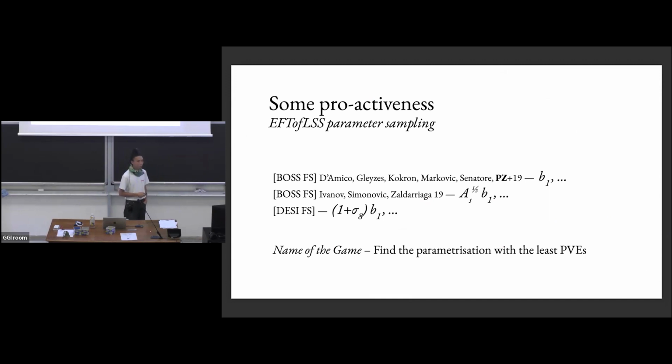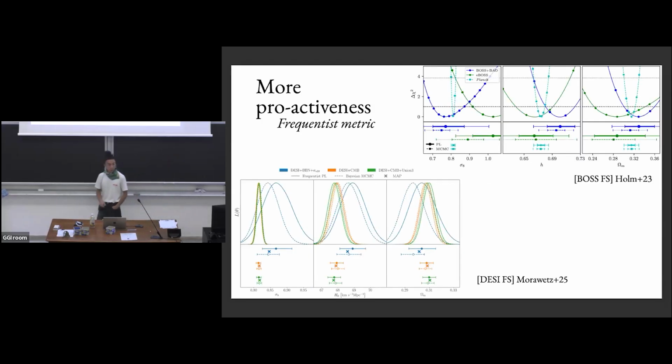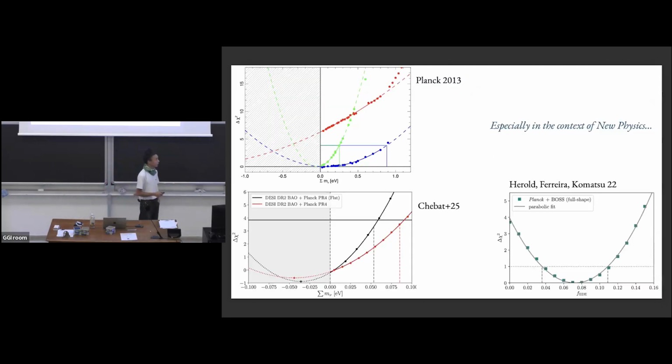Some have tried to put some educated guess on a parameterization that minimizes the prior volume. Okay, and this is fine. So it seems that if we choose wisely a parameterization, we can minimize those effects. Some others have looked at frequentist metrics. So these are diagnoses of the BOSS and DESI full shape using alternative profile likelihood constructions with their respective confidence interval prescriptions. And we see some broad agreement. However, there are still some discrepancies with the